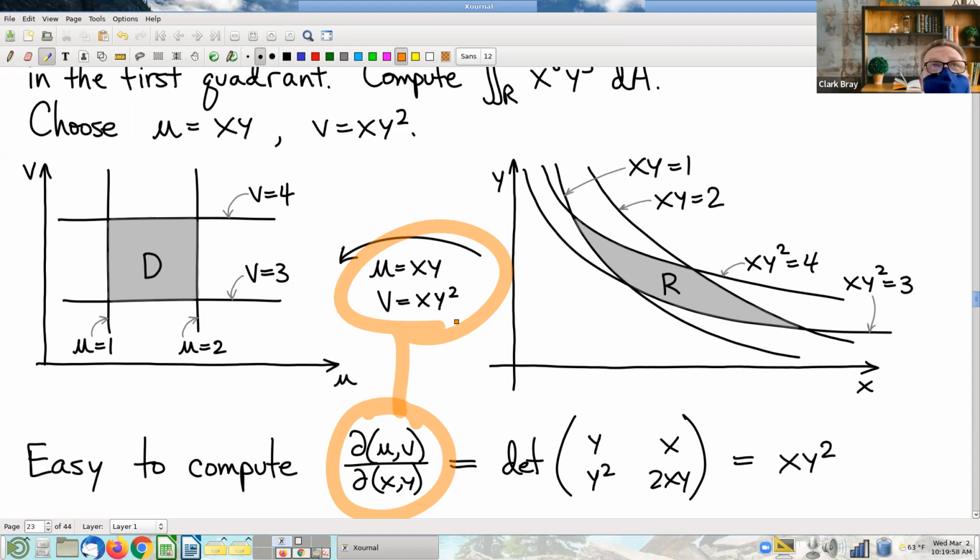I don't know what X is. I don't know what Y is. Side note, not that we couldn't solve for them in this case. Of course we could, but there are cases when you can't. And for whatever it's worth, even here when you can, it's easier not to. So I know U and V as functions of X and Y, so let's take the partials in that